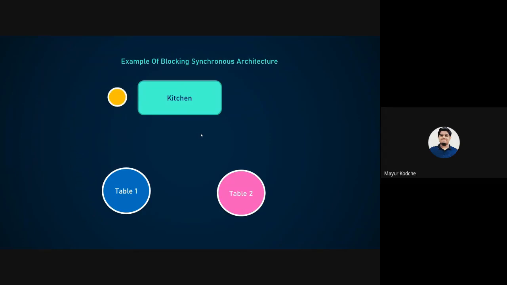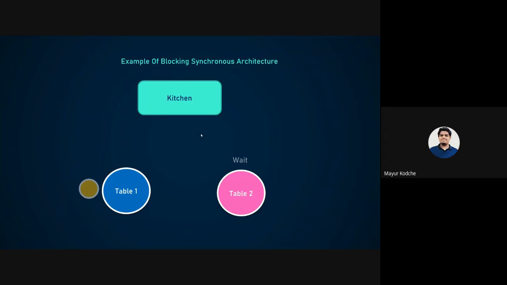While the chef is preparing your food, the waiter is waiting there for the chef to prepare it. He is not serving any other table. The other guy sitting at table two has to wait if he wants to buy something. After this, he will go to that table two.